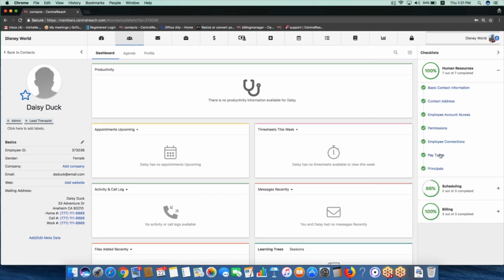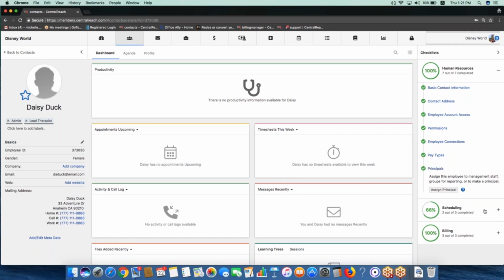Again, the pay types refer to how that employee gets paid, and we would want to make sure that's put in. Our principals for any new employee is simply the manager for that employee. You can assign more than one, and what this gives you function-wise is the ability to see that on your contact list if you would like to. It will also later talk to possible authorizations. It will give you a possibility of that person being a manager. Other than that, I will recommend always labels for most things,